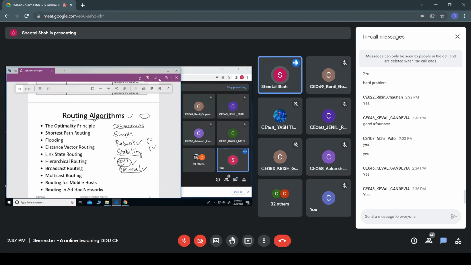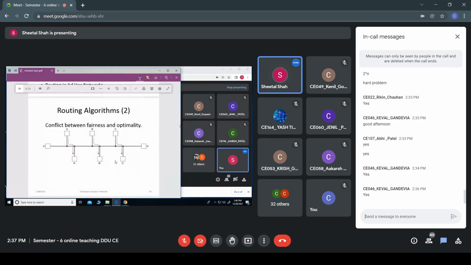But these two are contradictory points, as we'll see as we go further. For example, say we have one horizontal link between x and x dash, and there are a number of hosts a dash, b dash, c dash, d dash, etc., and all of them are sharing this common link, right?